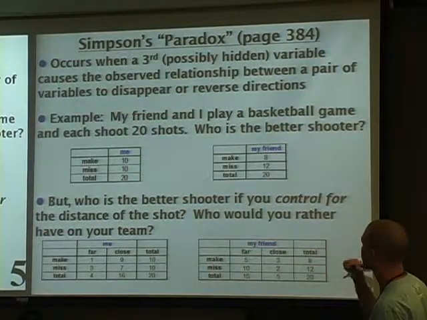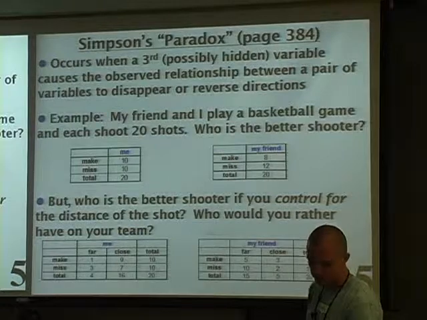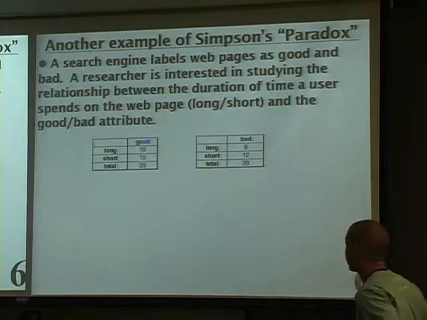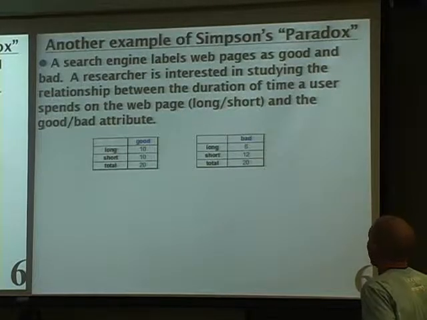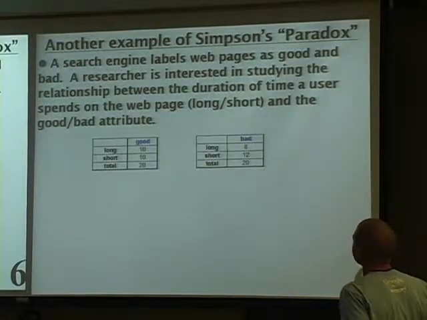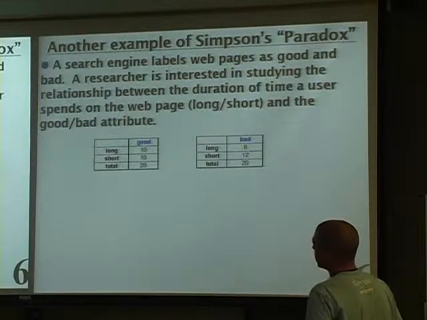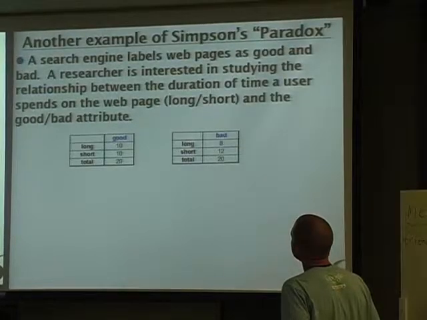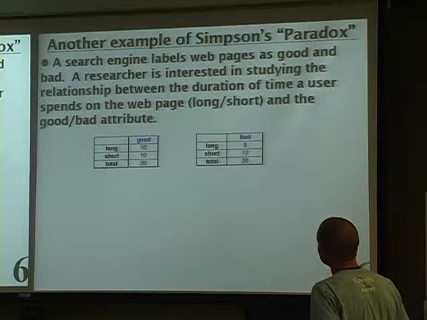Now again, this is just the toy textbook example, but I wanted to use the same numbers and show you a more realistic example. So let me see if I can tell you this story without saying anything that I can't say. A search engine labels web pages as good or bad. You look at the web page, you say that's a good page, it's a bad page, some measurement of quality. A researcher is interested in studying the relationship between the duration of the time a user